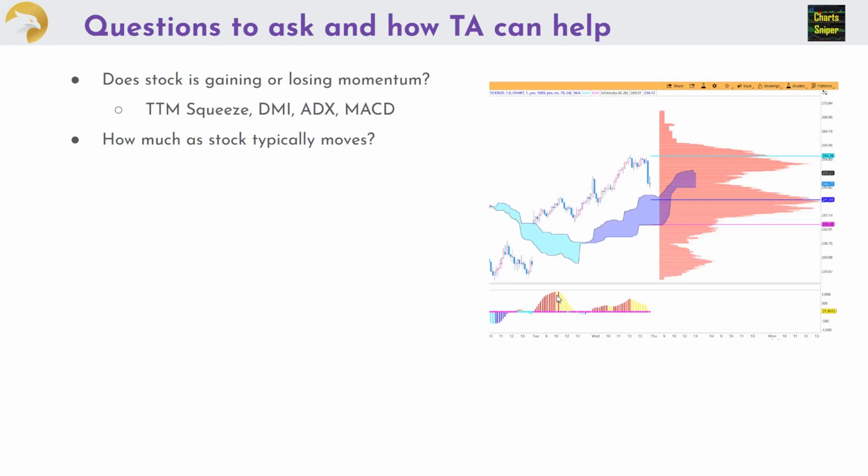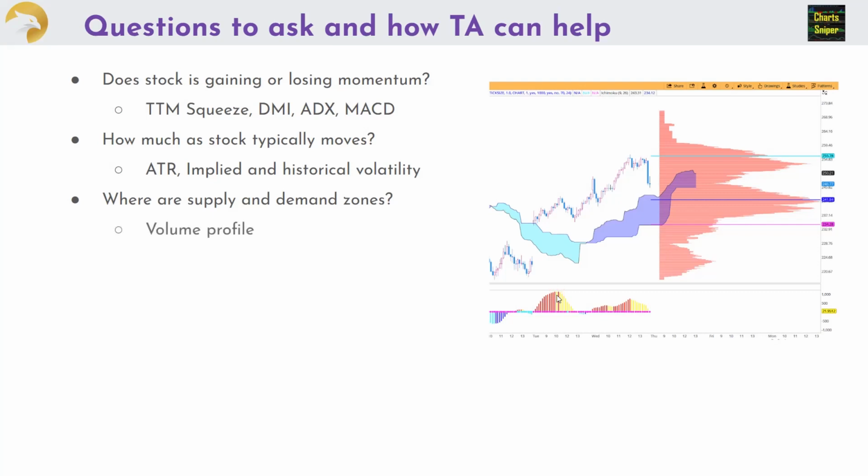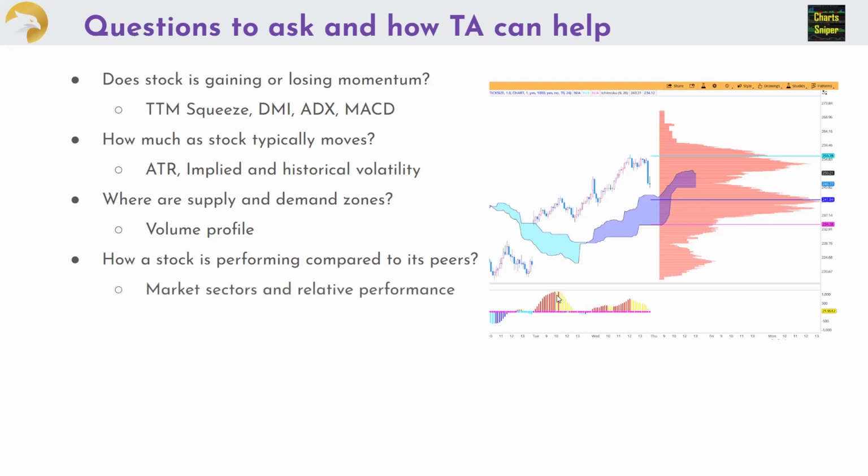What about momentum? Is there any momentum in the stock? Is a big move about to come? Some indicators will help with identifying that, and how much a stock typically moves, and what the different supply and demand zones are at a specific price, relative performance, and understanding different market sectors, and how the overall market